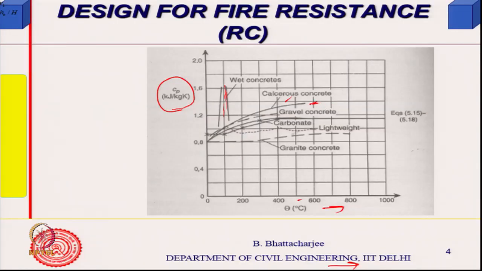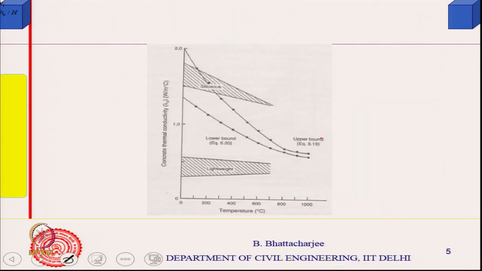Relatively dry concrete, calcareous concrete is somewhere here, calcium carbonate based, right. Gravel, some other gravels, some other carbonates, lightweight aggregates, granite concrete. So, specific heat varies in this manner. So, there are formulae available,